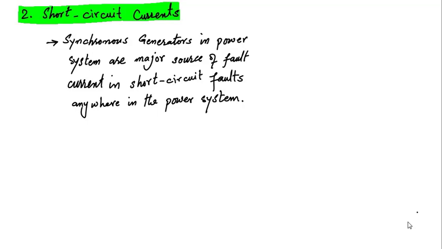These are the source of electrical power. There are other sources of fault current as well. For example, a large size induction motor can contribute towards the fault, or some induction load present in the system can also contribute towards the fault current, but that portion is very small or almost negligible as compared to the major contribution from the synchronous generator side. So synchronous generators are the source of fault current.